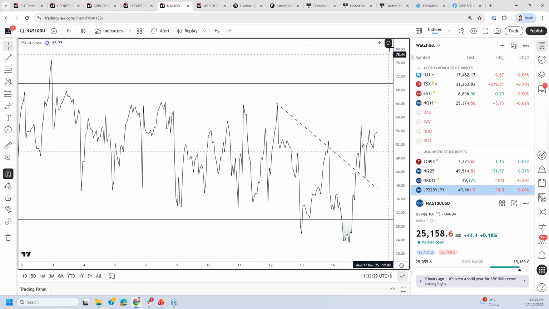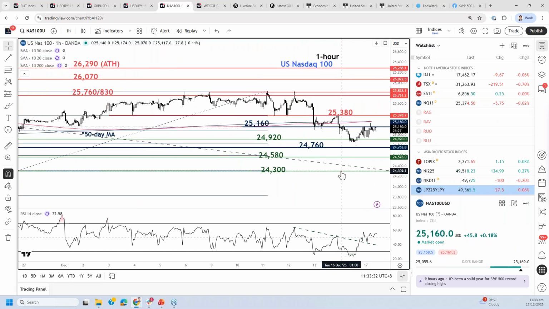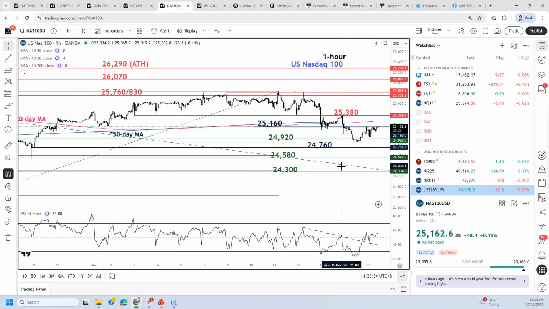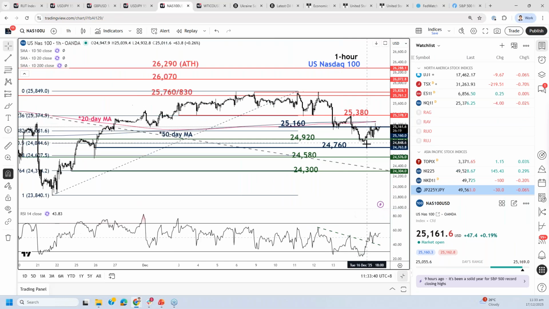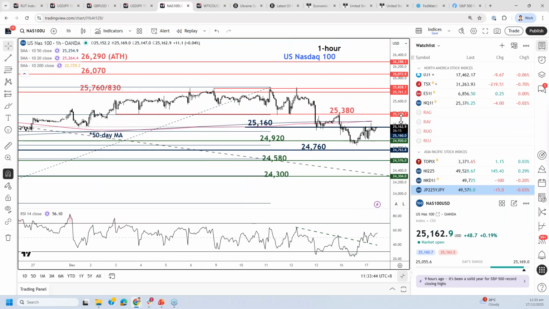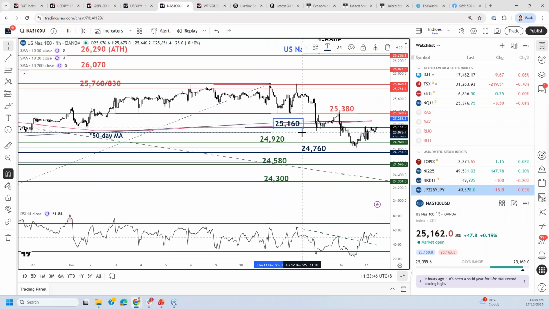All right, so indicating that the downside momentum has started to ease off in the first 2 days of this week, Monday and Tuesday. So given this positive development in the hourly RSI and the Fibo retracement where it managed to bounce at 50%, I would flip to a neutrality stance for today using yesterday's short-term pivotal resistance as my upper limit of the neutrality range, 25,160, 24,760.